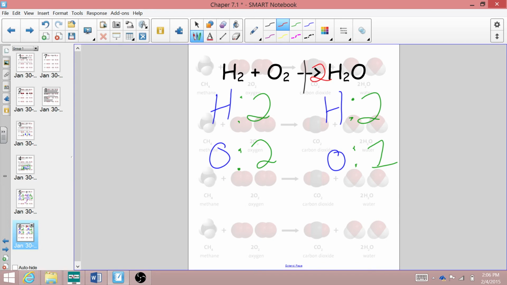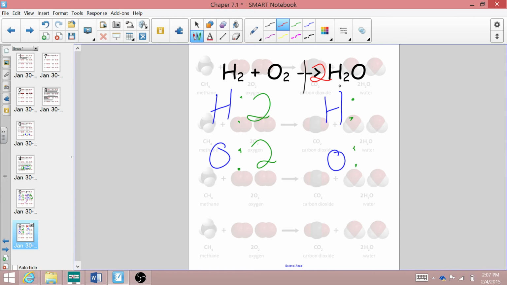has to be 2. So now I have to erase and recount the number of each atom on this side of my equation because I've now added a coefficient. And that coefficient not only applies to oxygen, it also applies to hydrogen. Now, we can't add a subscript like this because then that's making a chemical bond. We are forcing an extra oxygen atom to bond here, which is not a good thing. It doesn't happen that way. So the only way we can balance equations is by adding coefficients, which means we're changing the number of total